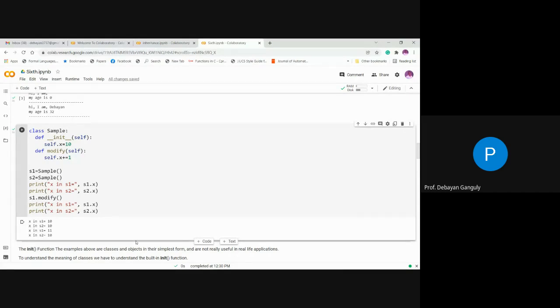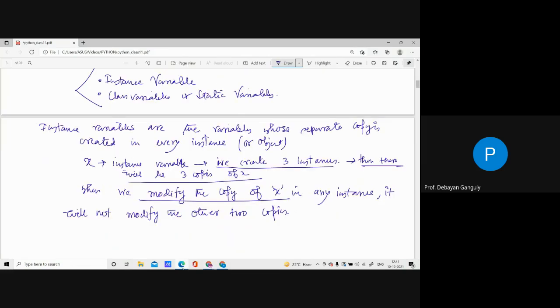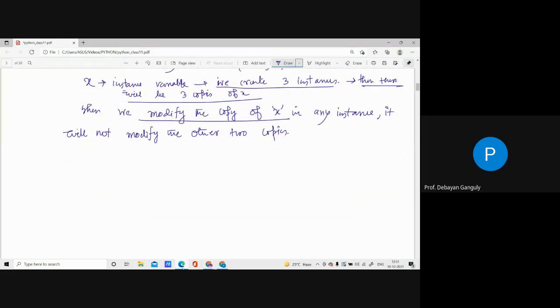But unlike these instance variables, there are also class variables, that are the variables whose single copy is available to all instances of the class. So if we modify the copy of the class variable in an instance, it will modify all the copies in the other instances। তার মানে যেটা আমি বলতে চাইছি, এটা যেমন ইনস্ট্যান্স ভেরিয়েবল হলো, ঠিক একই ব্যাপার এখানে আরেকটা জিনিস আছে যেটাকে আমরা বলছি ক্লাস ভেরিয়েবল,